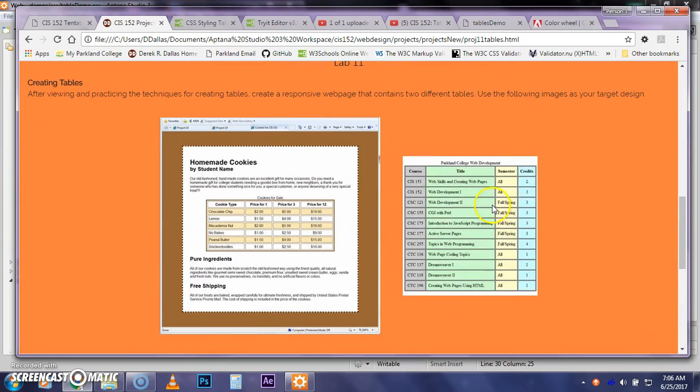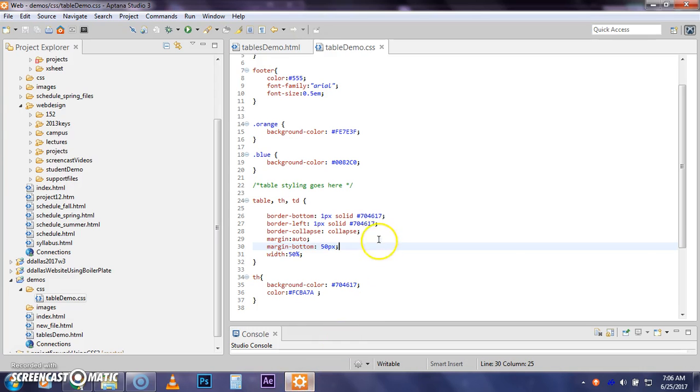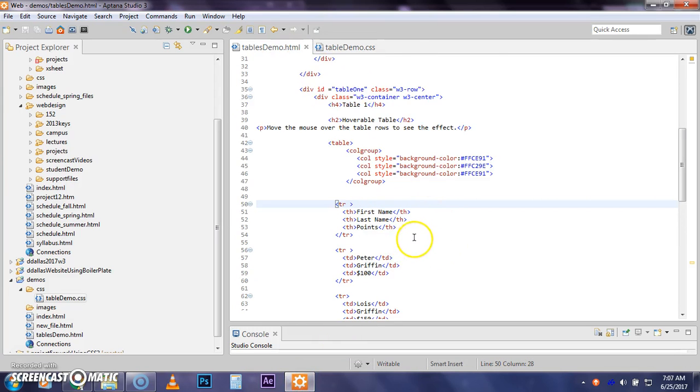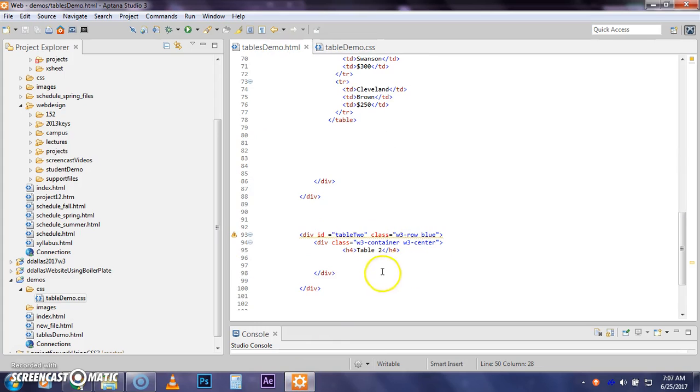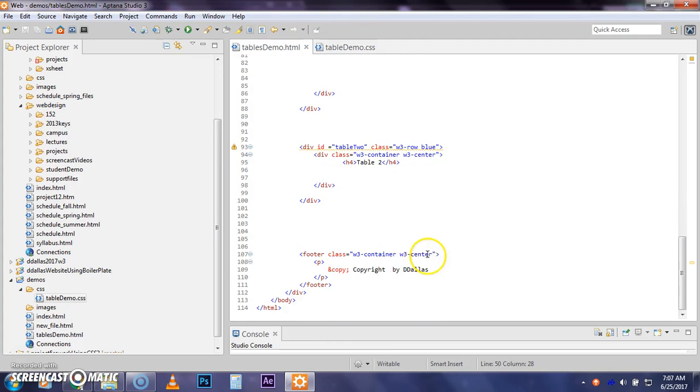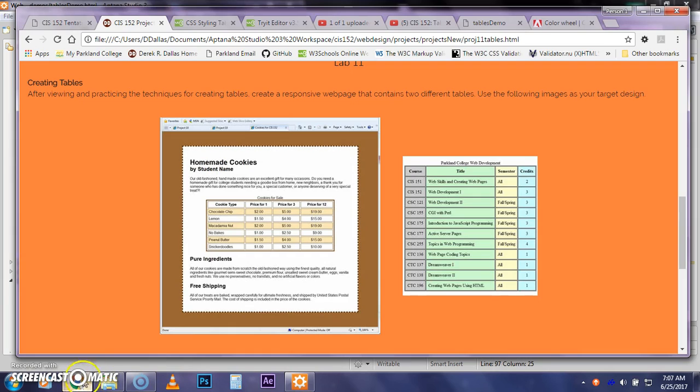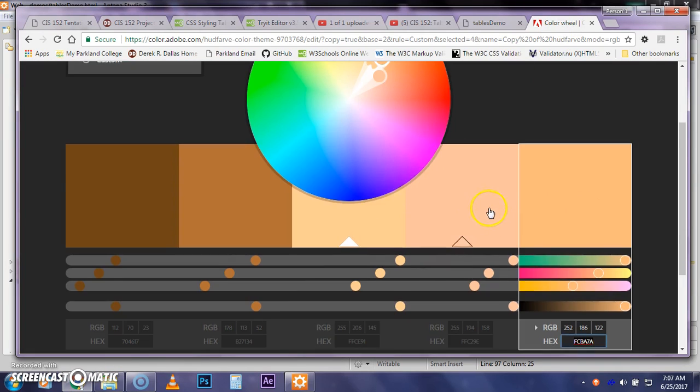The next one is in the second spot on your page. So in the lower half, you'll have another division where you'll have your table 2, and you'll have your code for your table 2 down here, and then you'll have this style of a table where you have your colored columns. Make sure you use a color selection